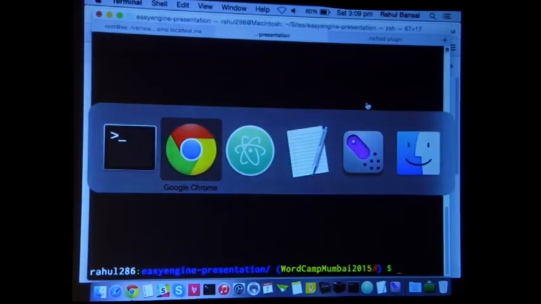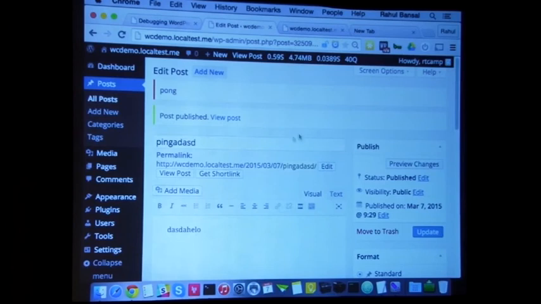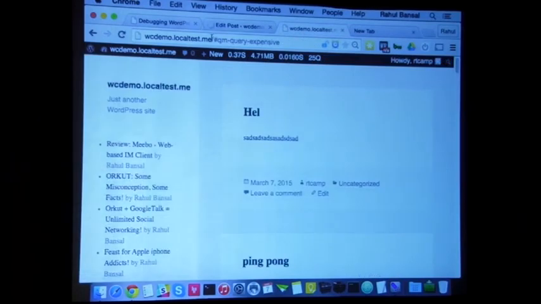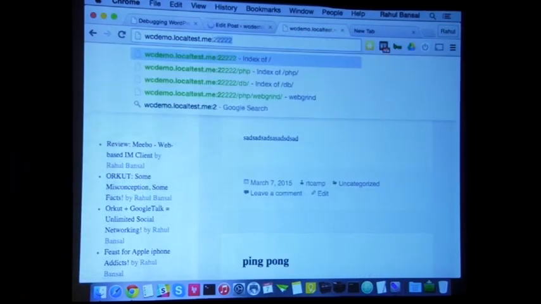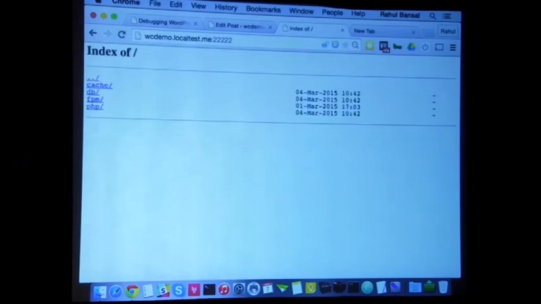Now let's just update this post, because that bad API will come into play even when I update my post. See, it is doing its work seriously. Every time I publish any content, it will do something. Okay. So while it is doing that, I will take you through the admin tool. How many times have you heard about WebGrind since morning? I will show you how it looks.